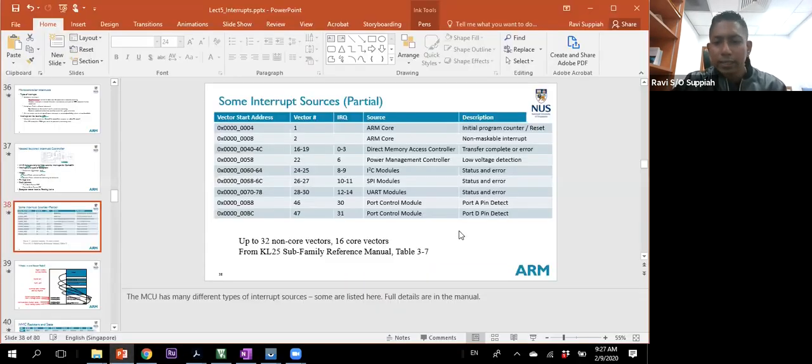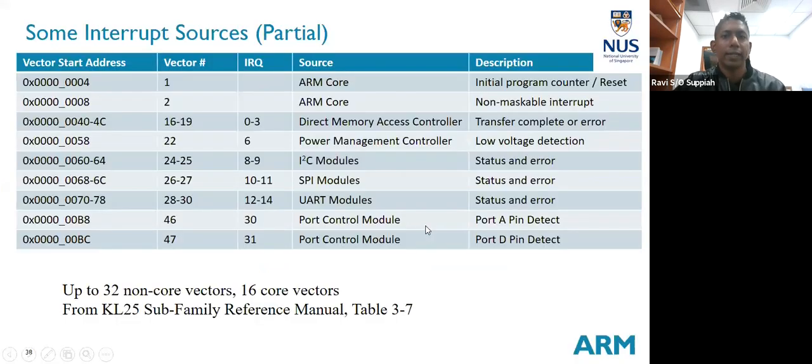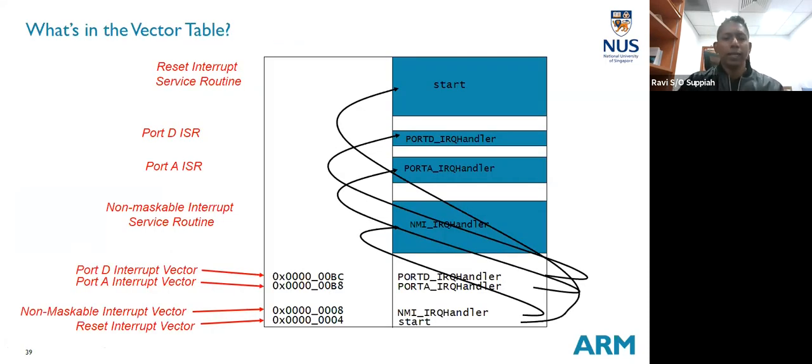Now let's come back and have a quick recap on what happens when you detect, for example, an interrupt. For port interrupts, you will see that only port A and port D pins are mapped in this current microcontroller configuration. So when an interrupt happens, assuming that I configure port A or port D for interrupt, let's say I configure port D, then when an interrupt happens,